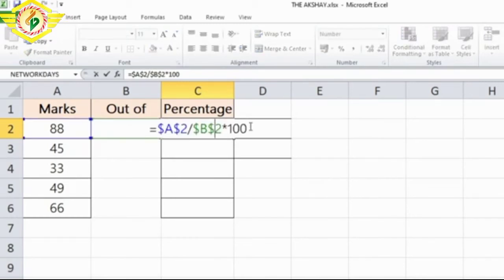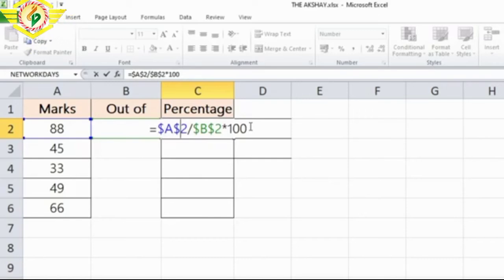First, let me tell you that the $ sign before the column and row means both are fixed. Here as you can see $A, $2. So that means the $A column is fixed. The $ sign fixes the columns, as I told you.